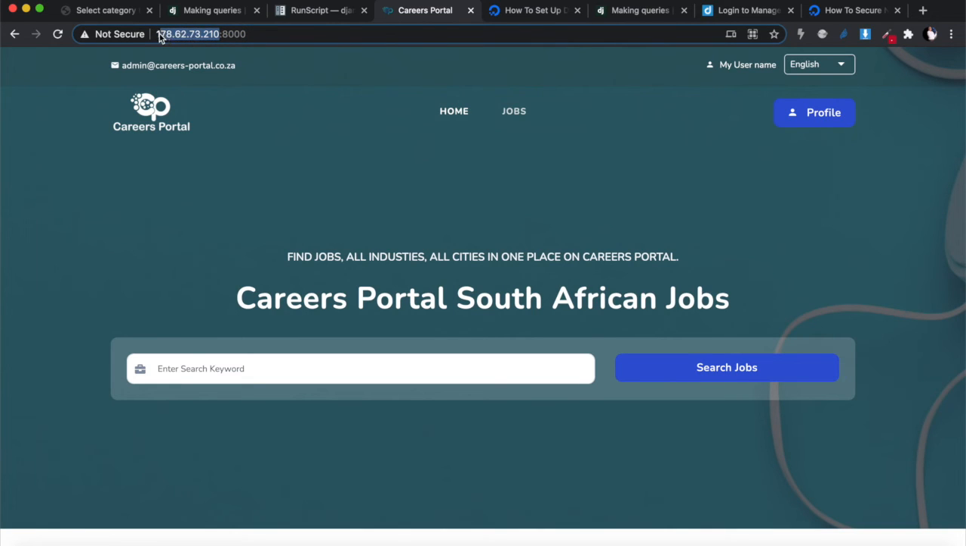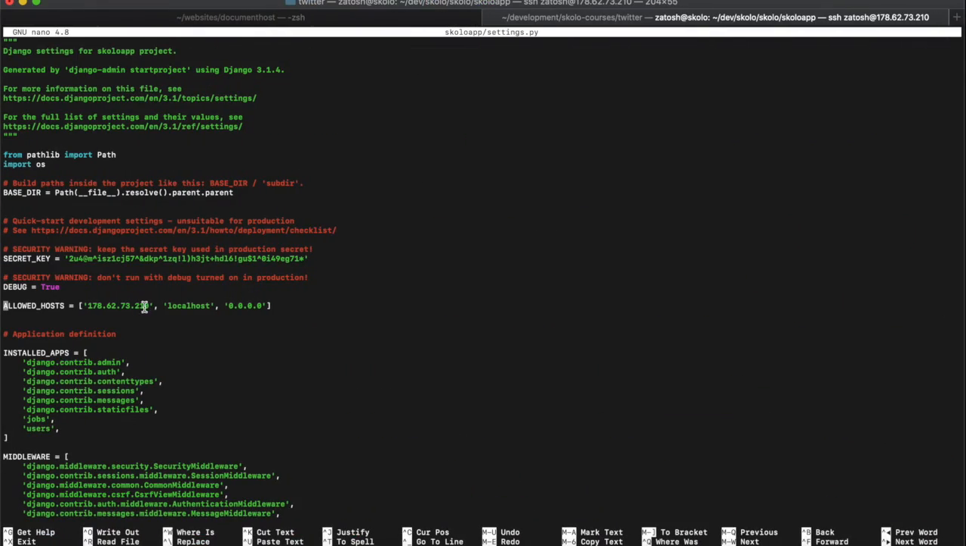So this is currently the only allowed host that we have in here. All right, so we've included that in there, and localhost and 0.0.0.0. But because we're going to deploy this website, we have to include a couple more things inside this file, right? We're going to need to go in there and include, the first one that we need to include is,